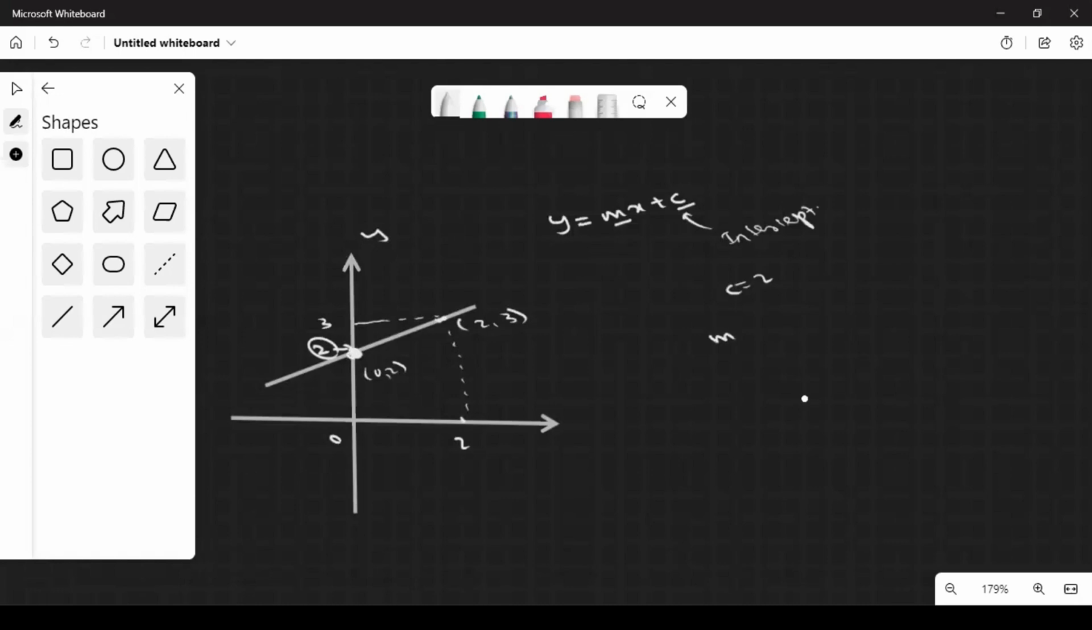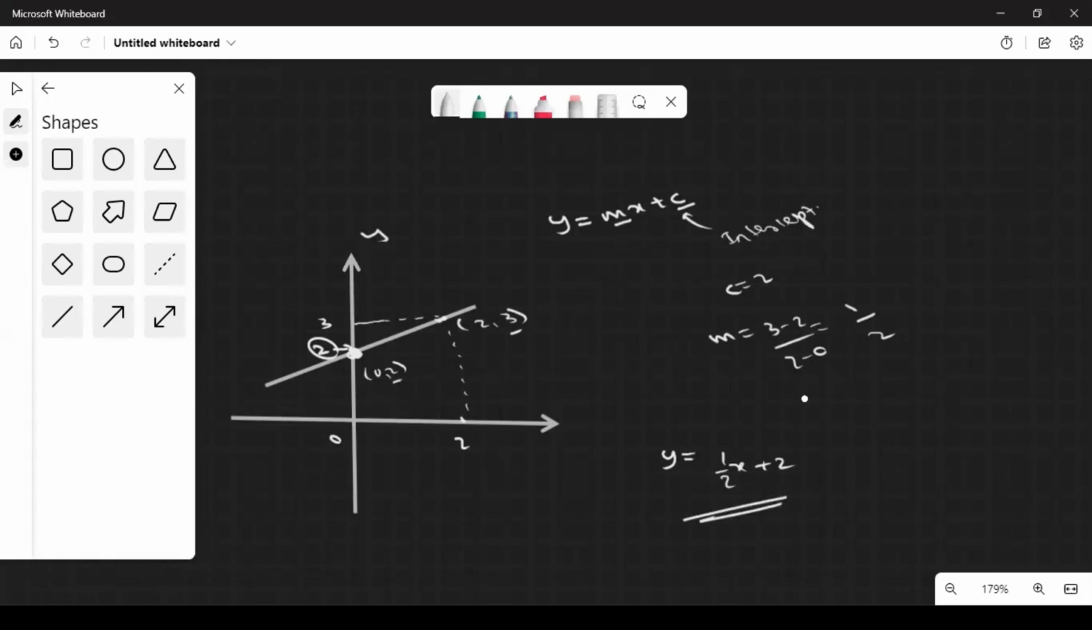So in this case, what is the gradient? Gradient is equal to the difference of y coordinates, 3 minus 2, divided by the difference of x coordinates, 2 minus 0, which is 1 over 2, half. You can keep it as half, or you can convert it to 0.5, whichever way you prefer. I'm going to write the equation in this format: y equals m, the gradient value we calculated, half x, plus c's value, which is 2. So this is how you have to write the equation of a straight line if